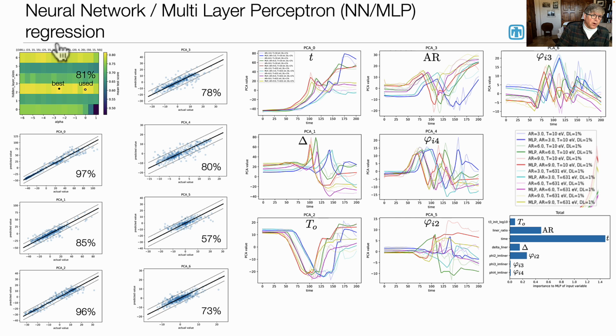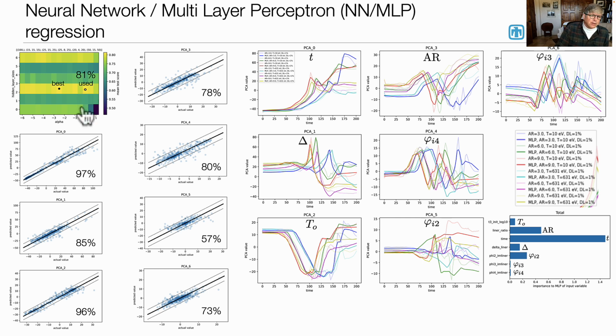What was used was the first guess, which was 25, 15, 25. And we also ended up increasing the amount of regularization in order to decrease the amount of potential overfitting in the